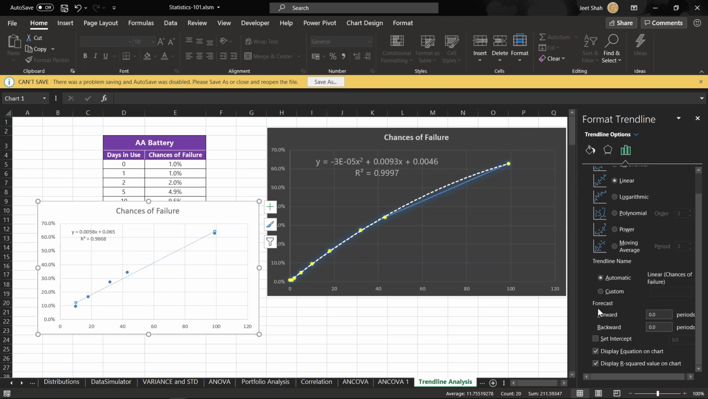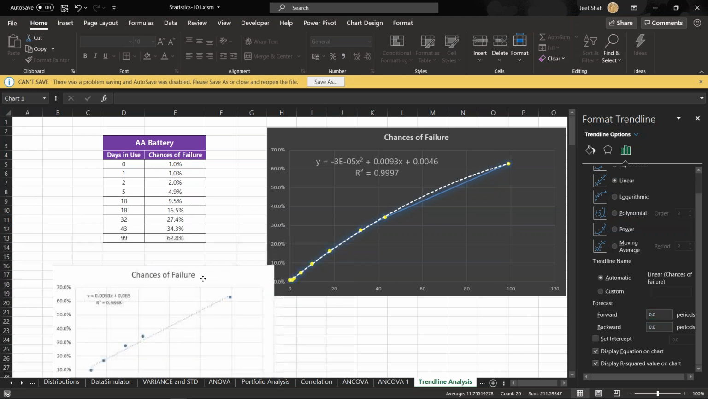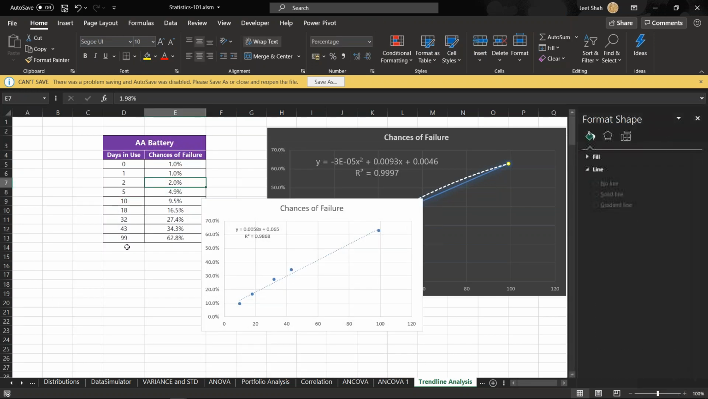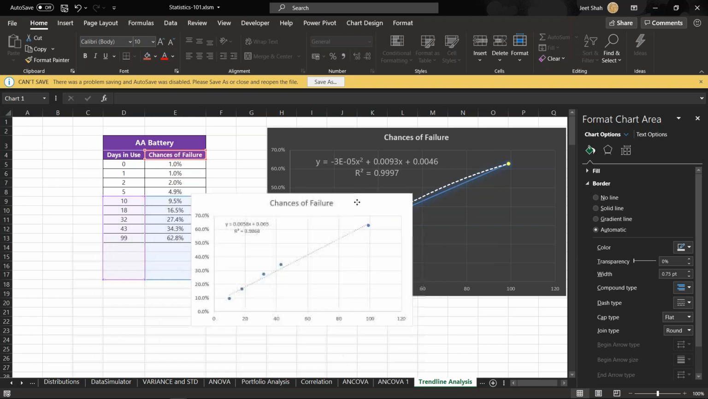Now for forecasting, this is a very easy to use and very accurate feature. Let me explain this data first. We have this data for AA battery cells, and we've taken a lot of samples and seen the chances of failure on day zero, on day one, on day two of use, up to 99 days. On the 99th day, there is about a 62.8% chance of the battery failing. Now if we want to extrapolate this and find out how this will work beyond 99 days,